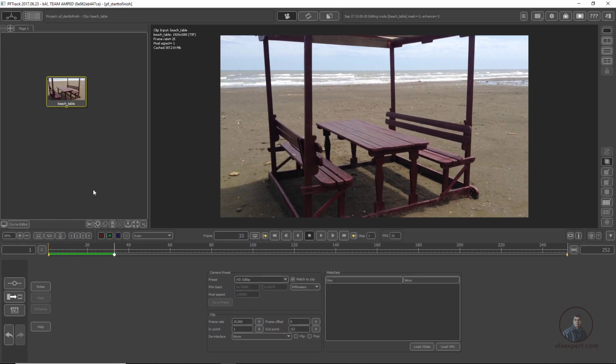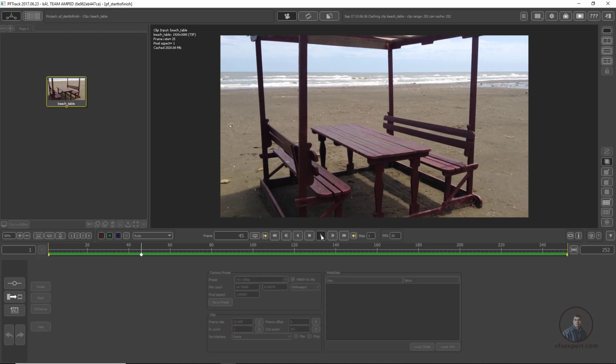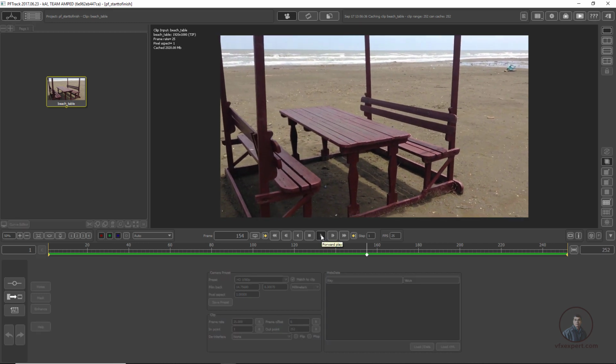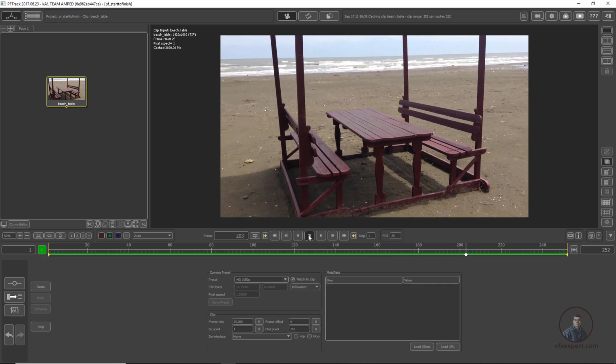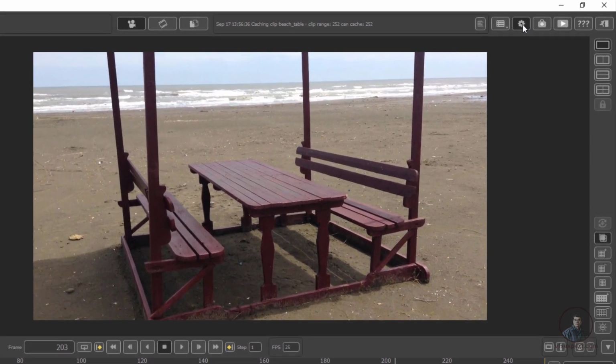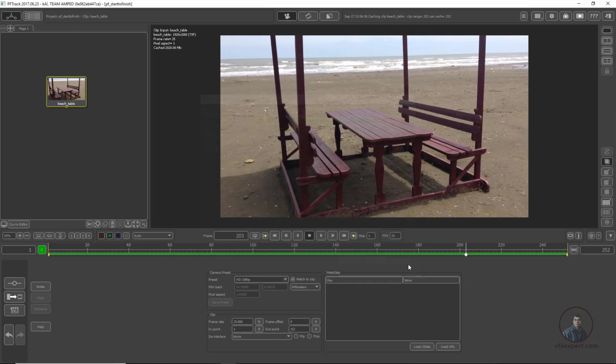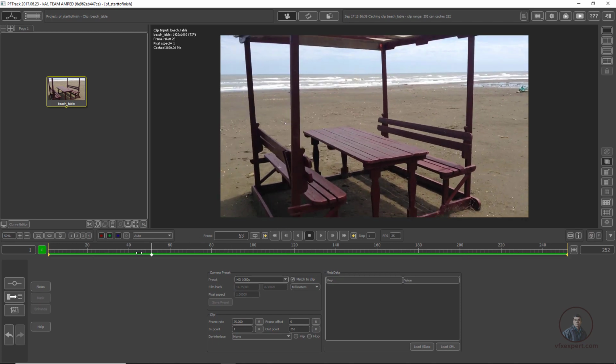Now after this, first we have to cache our footage. Then simply click on the C icon. Now here we have cached. Now just play and check. Now here you can see your footage is playing in real time. Now just stop. Suppose there is not enough memory for caching your footage, then simply click on settings. Then from here, before caching your footage, you can clear all cache memory. Okay, then click on clear. You can clear all your cache. Okay, now simply cancel. So we have successfully cached our footage.